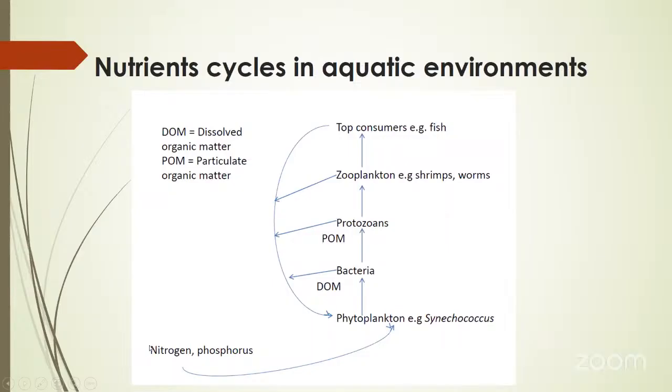We do dump waste in water, organic matter; fishes will die, the streams and all that. And from there, nitrogen can be released, phosphorus can be released when they are decomposed. So when they are released, the phytoplankton, like Synechocystis, that is plant-like plankton, take up this nitrogen and phosphorus to grow just like any other plant on land.